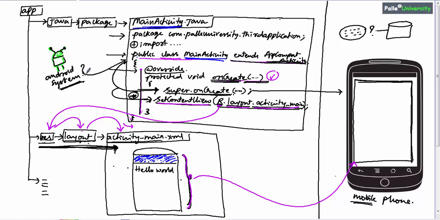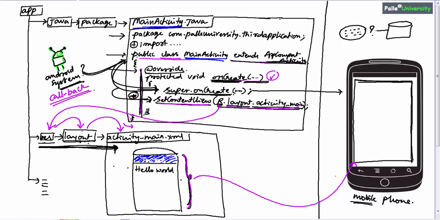When you run the application, Android will automatically enter and call this method. Since this method is automatically called by the Android system, it can also be called a callback method. Let me write callback method. So with this we have completely understood what this code is all about.